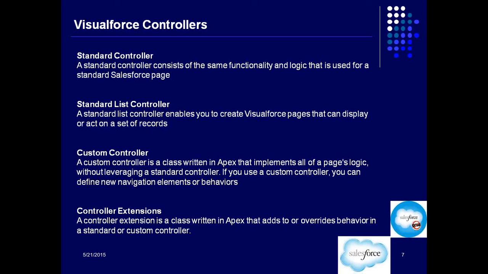So these are the four different types of controller, and we will learn each of them one by one. These are the options that we have available. We have two options of using standard controller, one for single record, one for multiple records. We have an option of writing a custom controller. While I'm writing my own logic, I can make it work for a single record or multiple records. That completely depends on me. And for controller extension, you can write some of your custom logics which can work on top of your existing logics, right? So that is how it works.